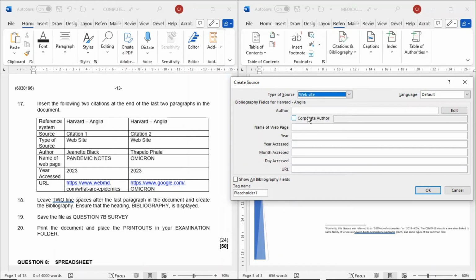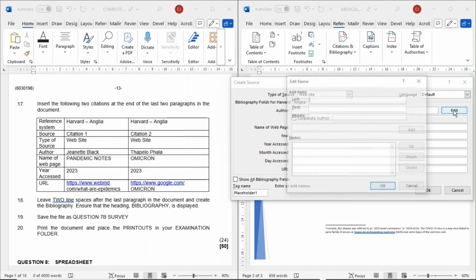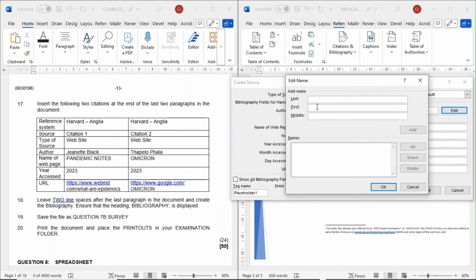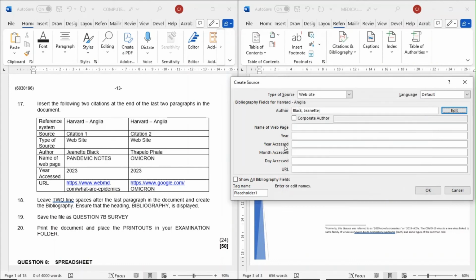Scroll down to website, and then the author, just click edit. First name is Janet, and now surname is Black. Just add, say OK.